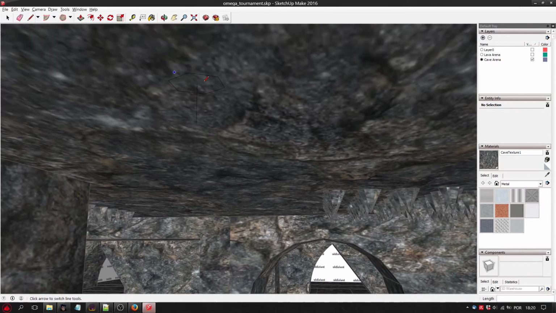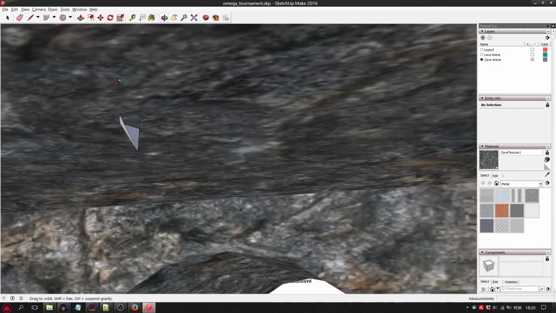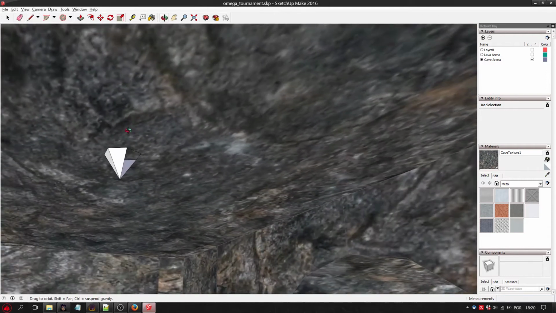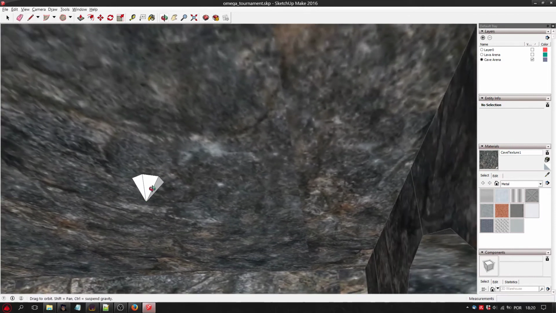Okay, now you connect all these parts of the base to our center line like this.